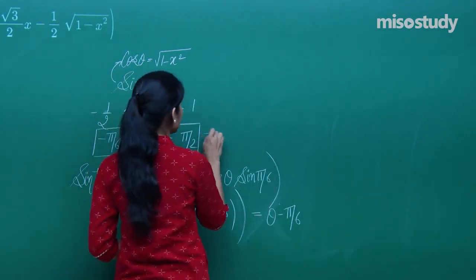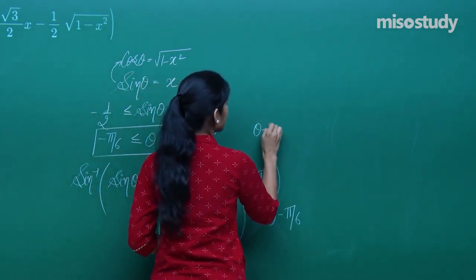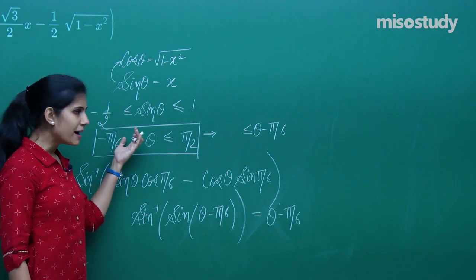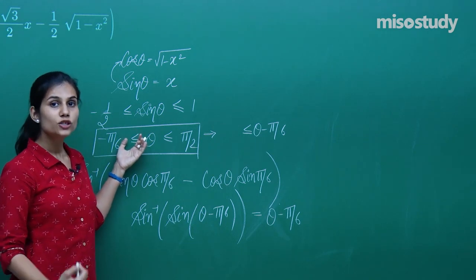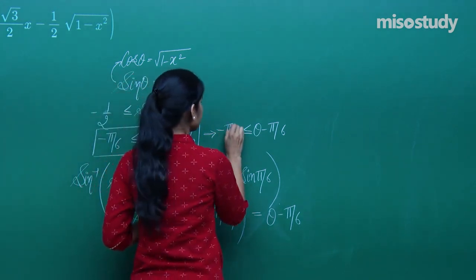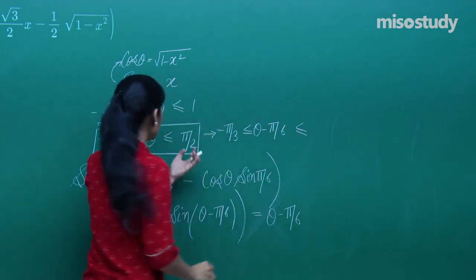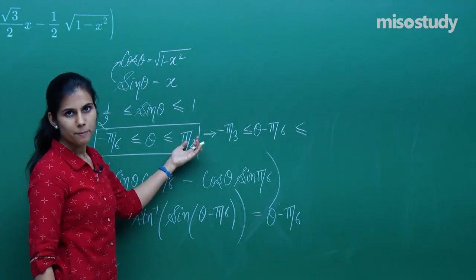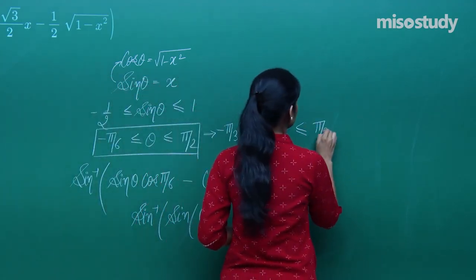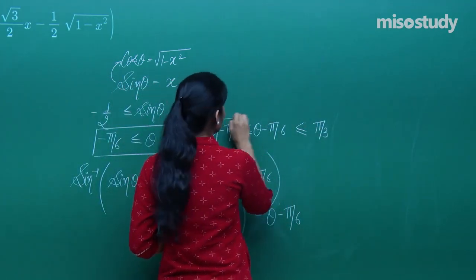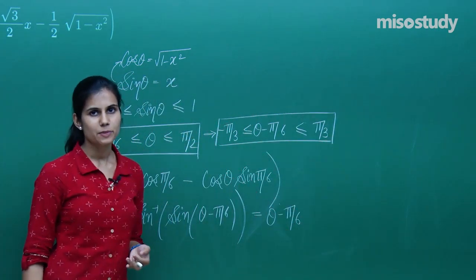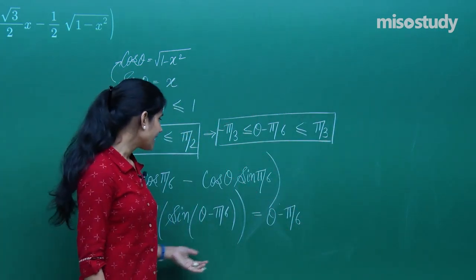So theta minus pi by 6 lies between minus pi by 6 minus pi by 6, which is minus 2 times pi by 6, which is minus pi by 3, and pi by 2 minus pi by 6, which is 2 pi by 6, which is pi by 3. So because theta minus pi by 6 is also lying within the closed interval minus pi by 2 to pi by 2, I can write